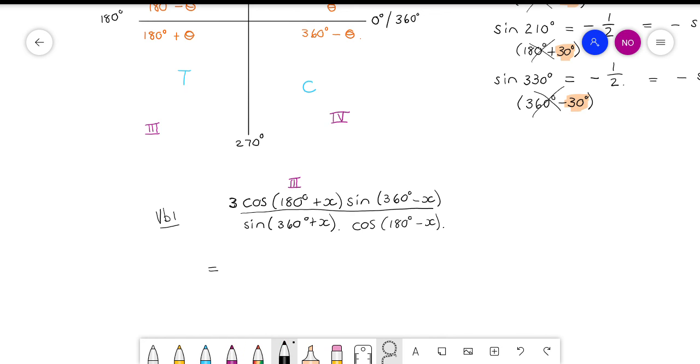Negative. So that whole thing I can now write as negative cos x. Once again, I'm throwing away the 180 plus or minus. I'm only using it to determine the quadrant. And the quadrant determines the sign. So we say it's in quadrant 3, and in quadrant 3 cos is negative. And then I can throw away the rest and just say the sign will be negative, but it will be in terms of only an acute